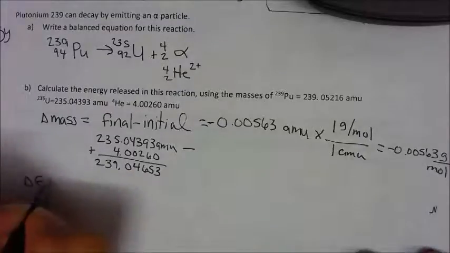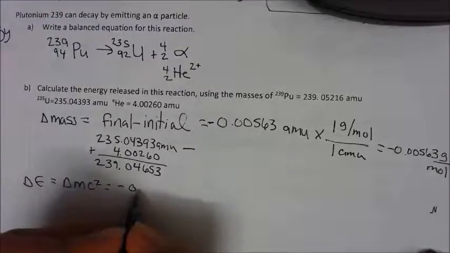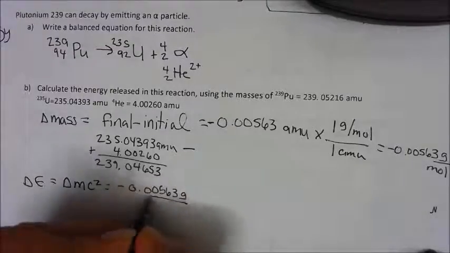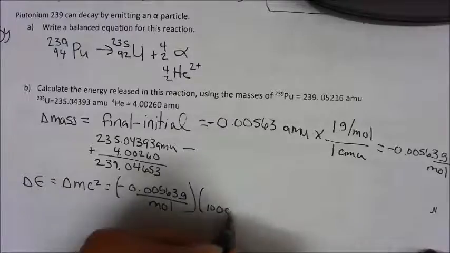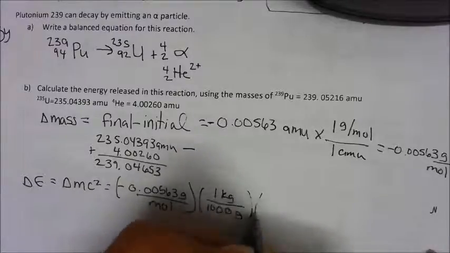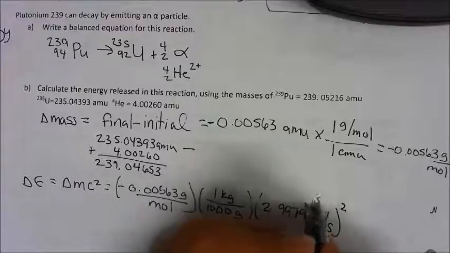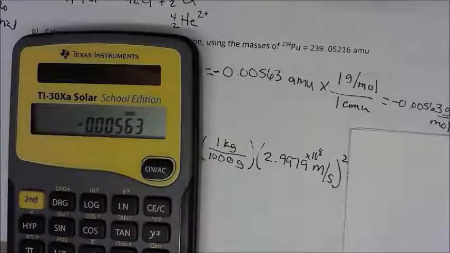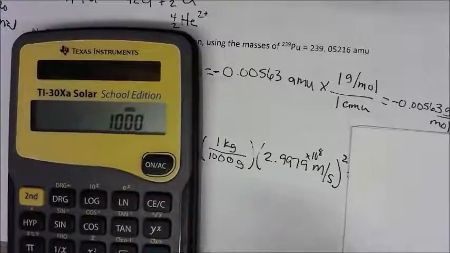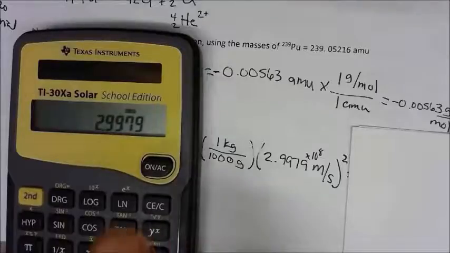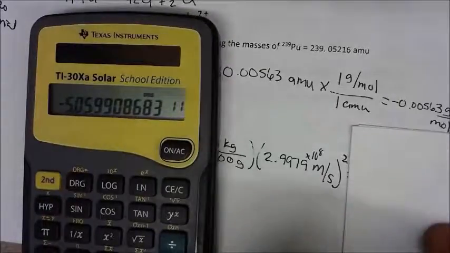We can now use the famous E equals mc squared to do this next level of calculation. Notice that joules is kilograms, not grams, so we need to convert our grams to kilograms. We can now input our values into our calculator. And we get an answer,